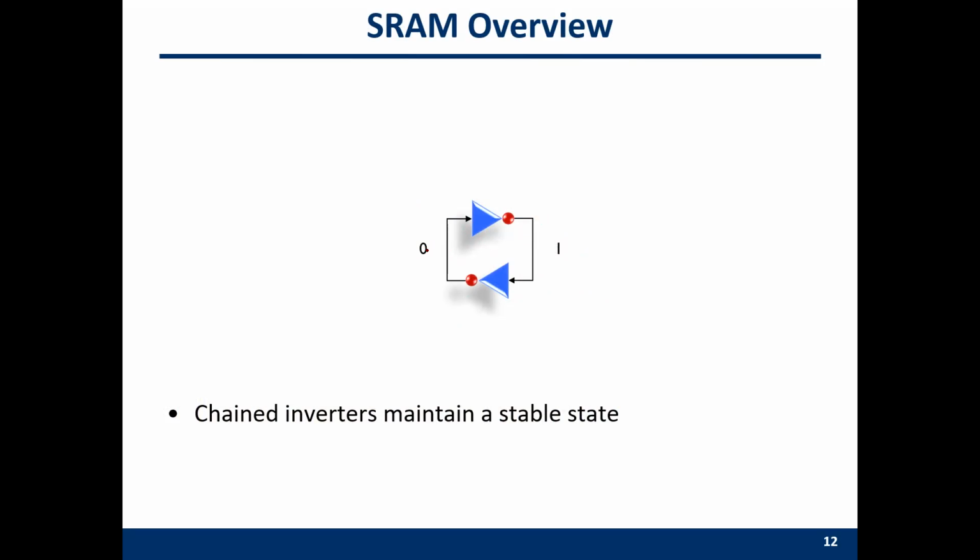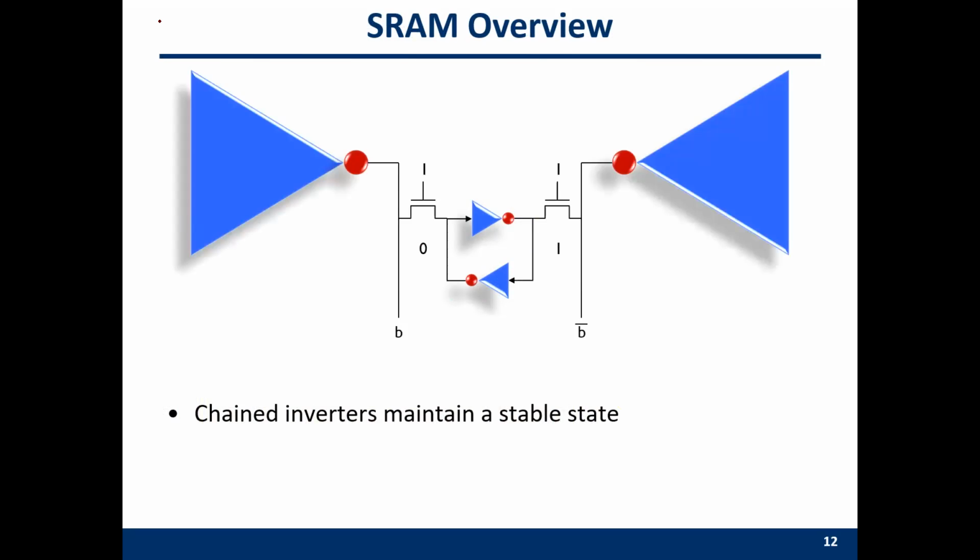Again, if we store a 0 here, the input of this inverter is 0, then the output is 1. For this inverter, the input is 1, the output is 0. It's also stable. We use another two transistors to read the data out. And these transistors can control whether we connect these two inverters to the bit lines here. So each inverter